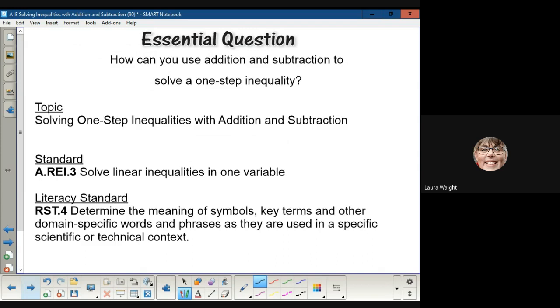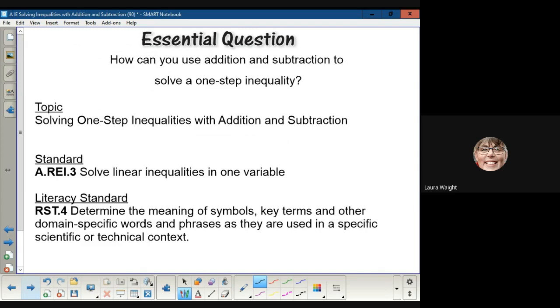The big deal about inequalities is that it comes with the idea that you need to graph them. Because when you're solving an equality, an expression with an equal sign, there's always one answer. Well, most of the time anyway, there's one answer. But inequalities have an infinite number of answers, and so we have to draw a picture of what that answer looks like, and that's graphing. And that's what you guys have done the last couple of days. You've recognized an inequality when you saw it, you graphed it, and then you've also written an inequality from a graph. And so now we're to the point where we're going to be solving